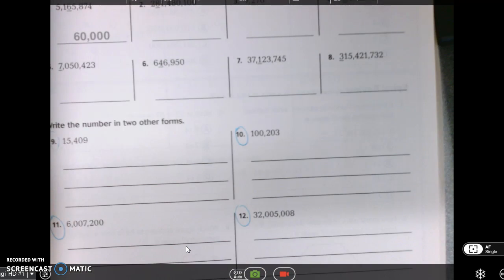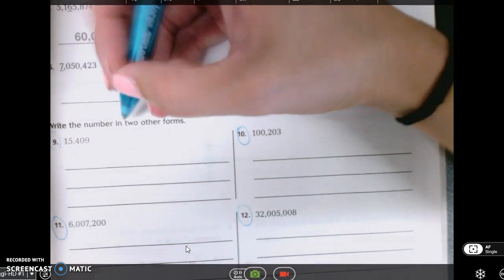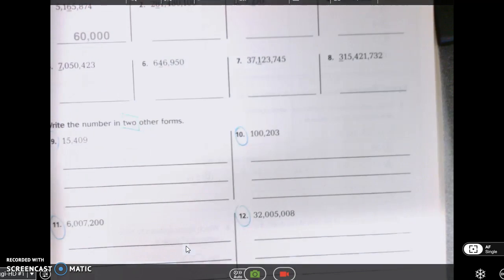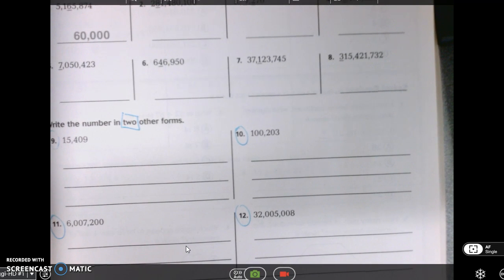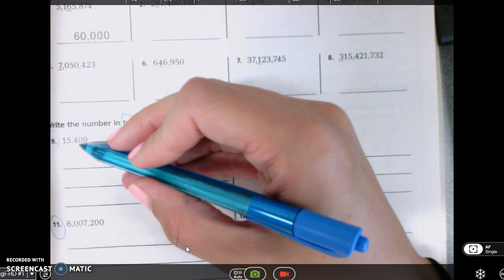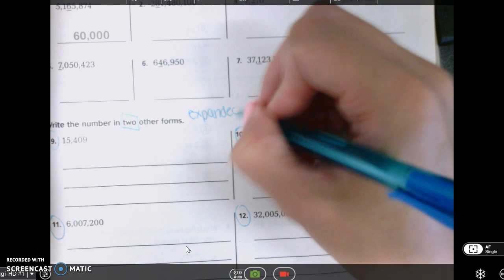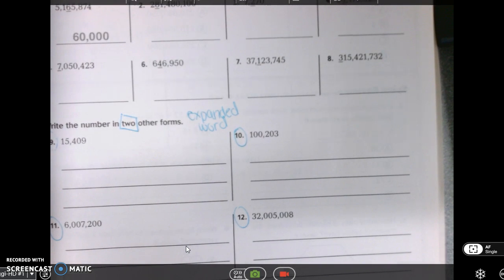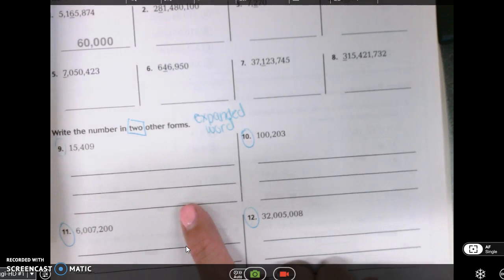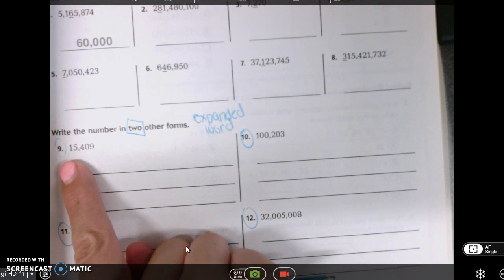For your homework tonight, you had worked with page 5, and what you were supposed to do is do numbers 9, 10, 11, and 12, and you're showing all 4 of those numbers 2 different ways. So if we know we already see it in standard form, we have to show it in expanded, and we have to show it in word form. So I'm going to do a think aloud so you can see exactly how we would do number 9. We read this number